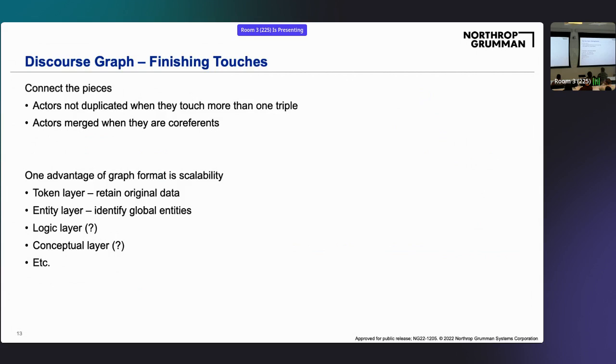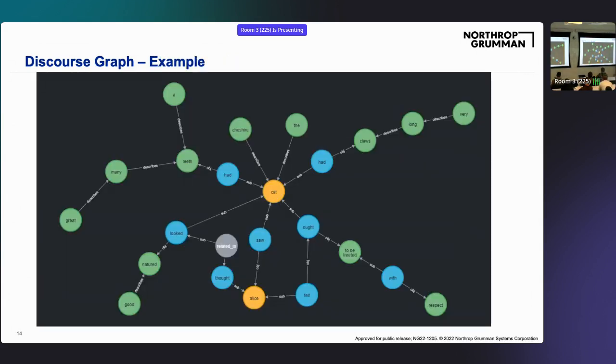You can add different layers, right? It's a knowledge graph, so additional data doesn't take away from the existing data. You can put a semantic layer or a token layer or an entity layer. You can keep track of what parts are true or false. The sky's the limit. It's a graph database. You can put all your stuff. But we picked our choices for these decisions, ran the pipeline,